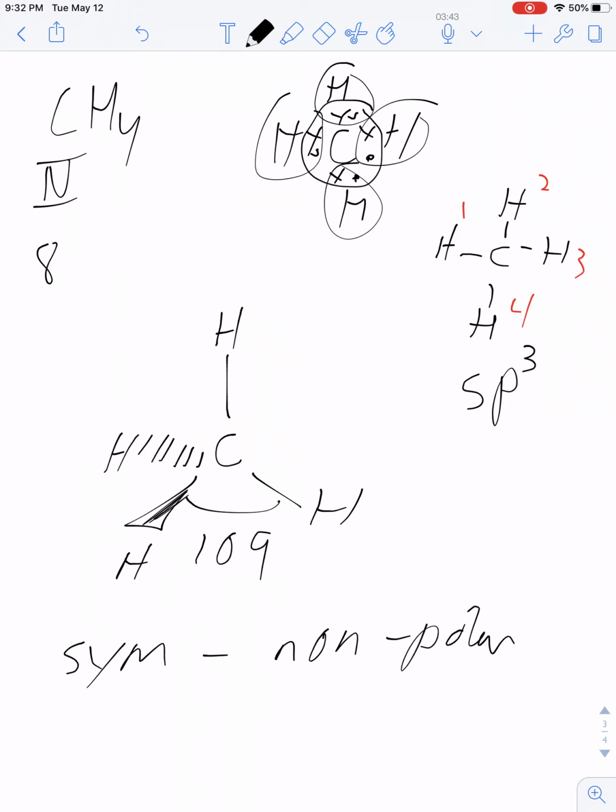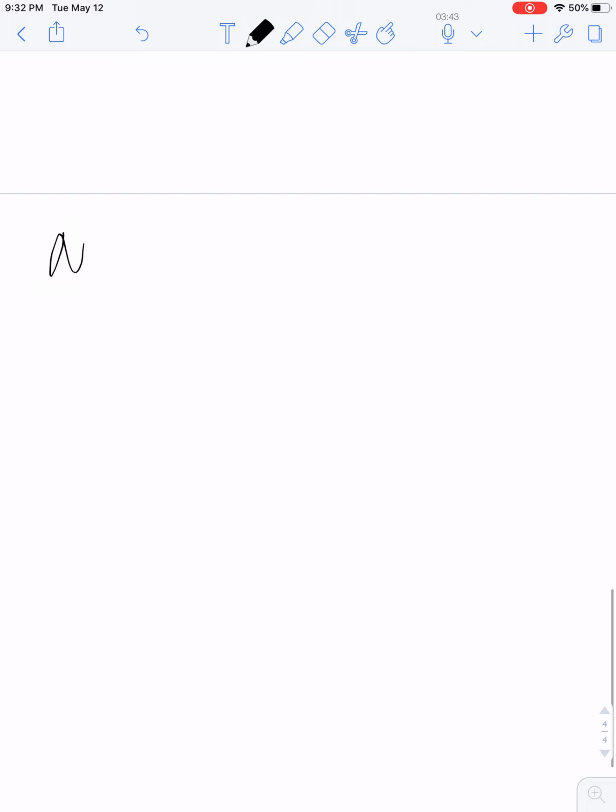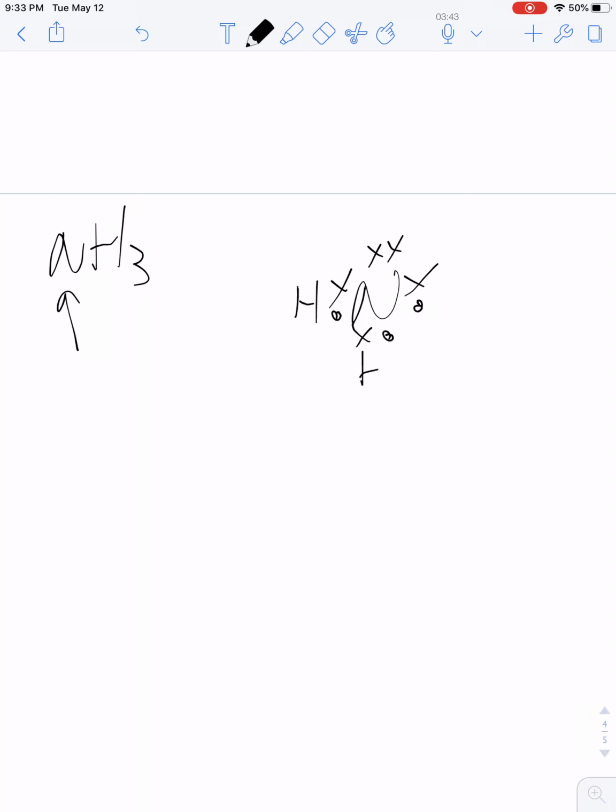So now let's do one that is asymmetrical. And what we're basically going to do is take one of these hydrogens and get rid of it, okay, and do something with just 3 atoms. And the classic example of this is ammonia, right? So nitrogen starts with 5 electrons. It needs to get 8. All right? And then